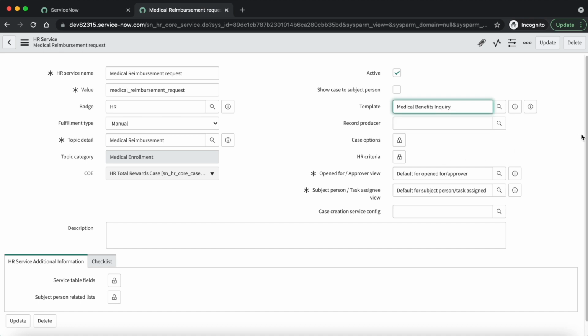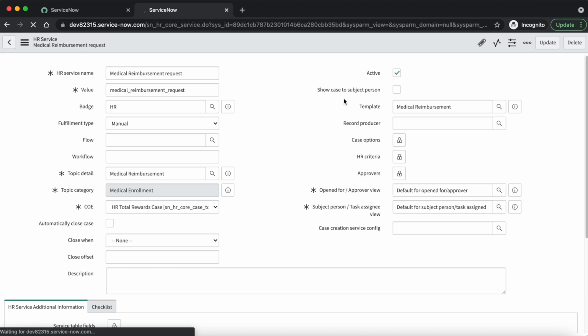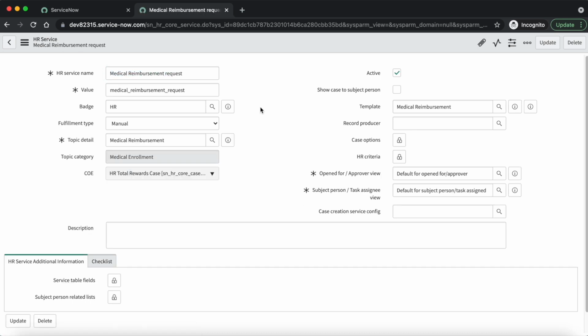For example, let's select medical benefits or medical reimbursement. Let's save it. Now we have created our HR service.